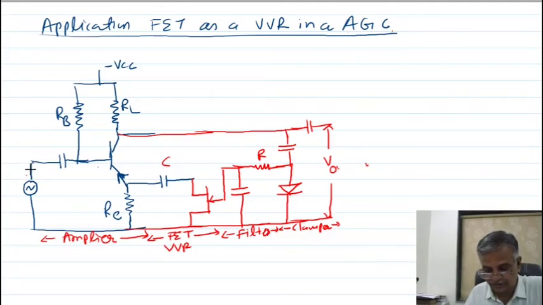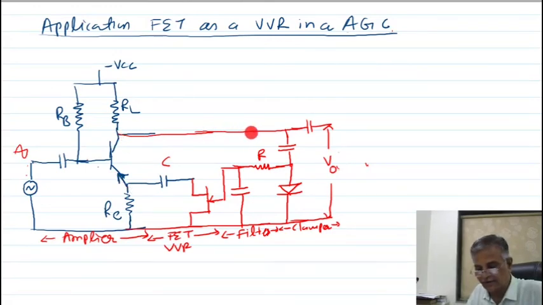Listen again. If the input increases, the output remains constant; if the input decreases, the output remains constant. If you get such behavior, then it is called gain controlled automatically. That is what I am discussing here. This is your input signal, and this is the amplifier circuit with fixed bias with emitter bias. You will get an amplified version here. Your signal will be amplified. And these are the coupling capacitors; I am writing C1 and C2.